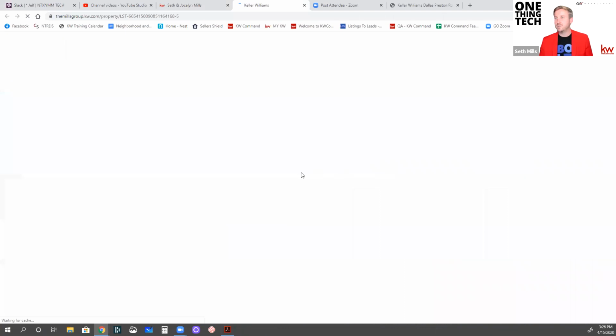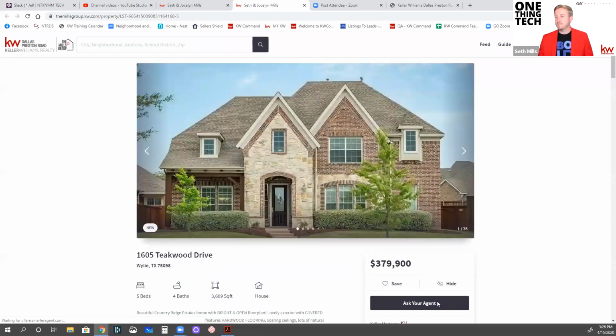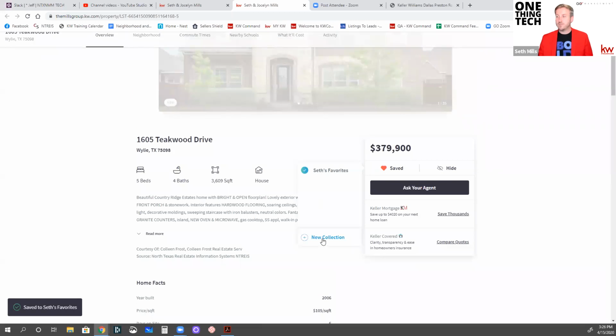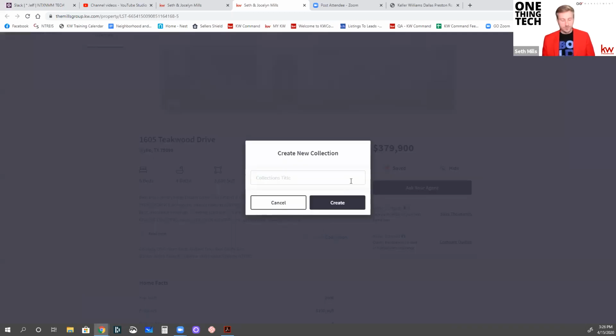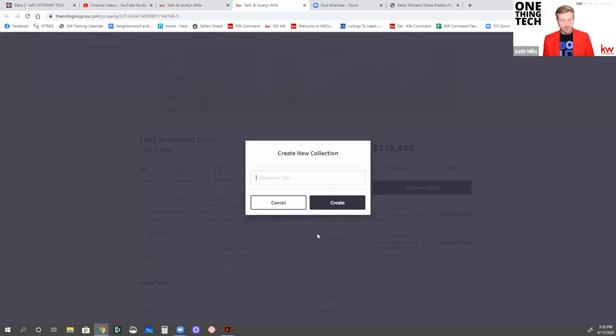If we click on an individual home, this will take them in, and they can save this as a favorite. They can save it to their general favorites, or they can create a new collection. So if they want to say Bush Elementary homes, and they want to put only the ones that are zoned for Bush Elementary in this collection, and they've got another collection, homes near work,